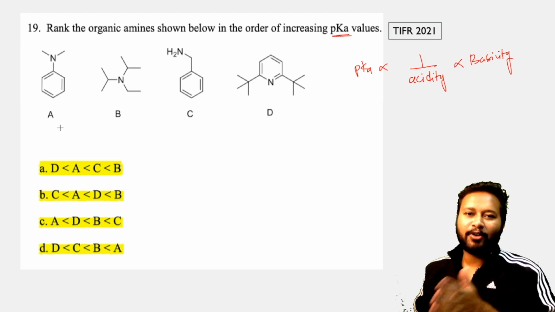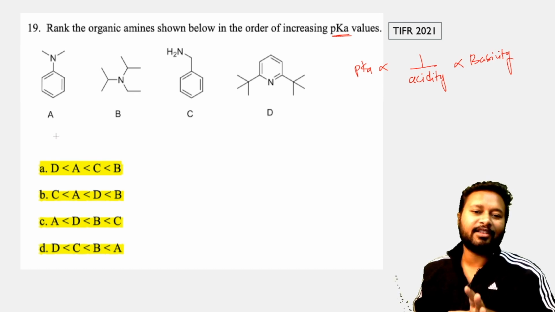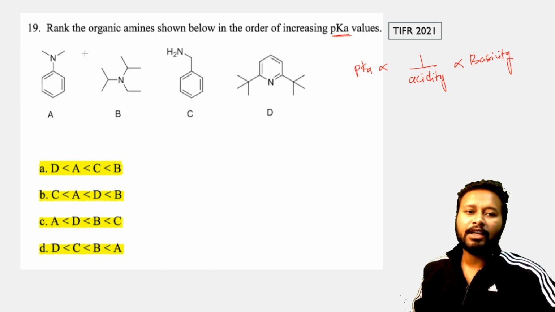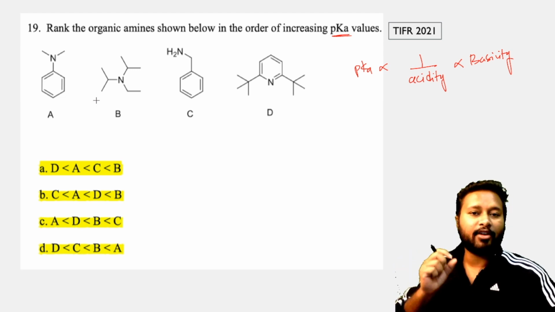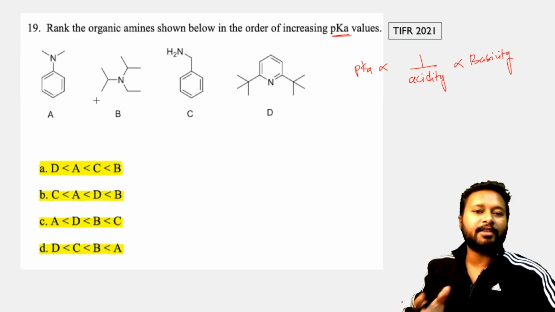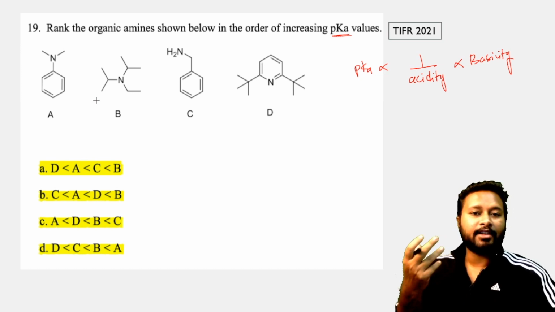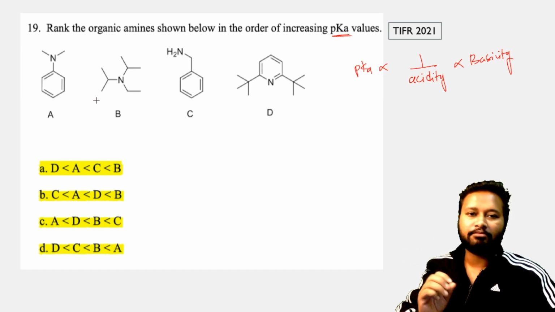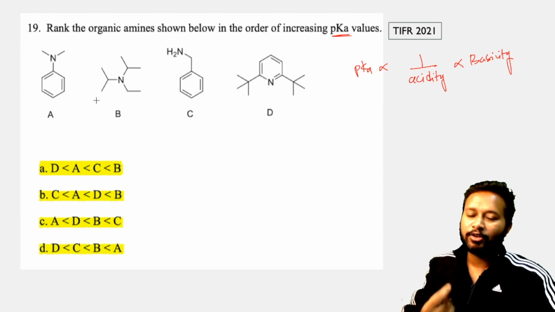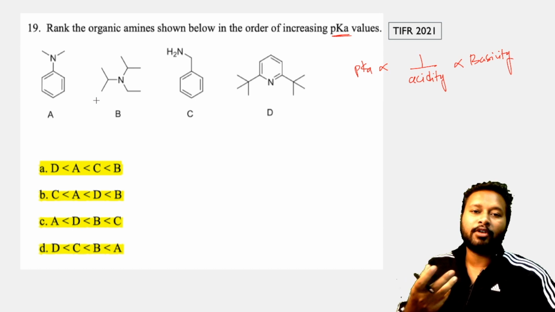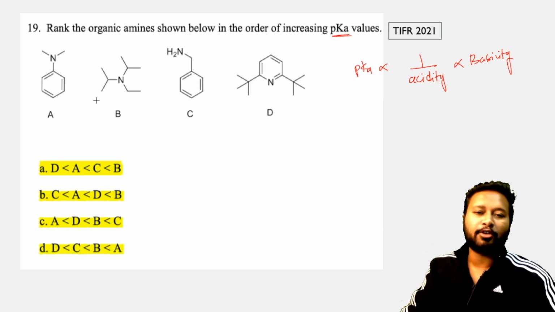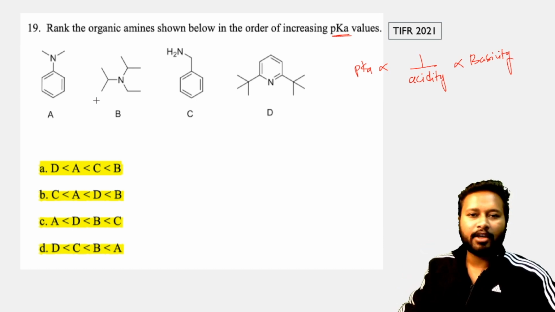Now you have 4 options here, and many people made a mistake in this question. I'll explain why. When you are trying to find out the basicity of amines, you have to be very careful, because the basicity changes if it is in the gaseous phase or in the liquid phase. Because in the gaseous phase solvation is not going to happen, but in the solution phase or in the aqueous medium, it is going to undergo solvation also. So that concept also comes in there. I'm just giving you a hint of it.